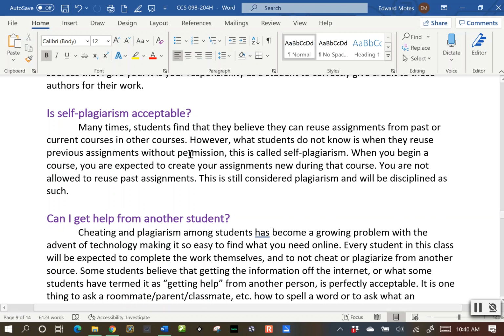So what that means is every semester it's like a complete do-over. You're supposed to do brand new work. Now what I've told students is if you've used a source or if you've written something in a previous class that you think would be really great to use in your current class, go talk to your teacher and see if they will allow you to use it. Some will, some won't. It's up to that teacher, okay? But it's important that you're being honest.